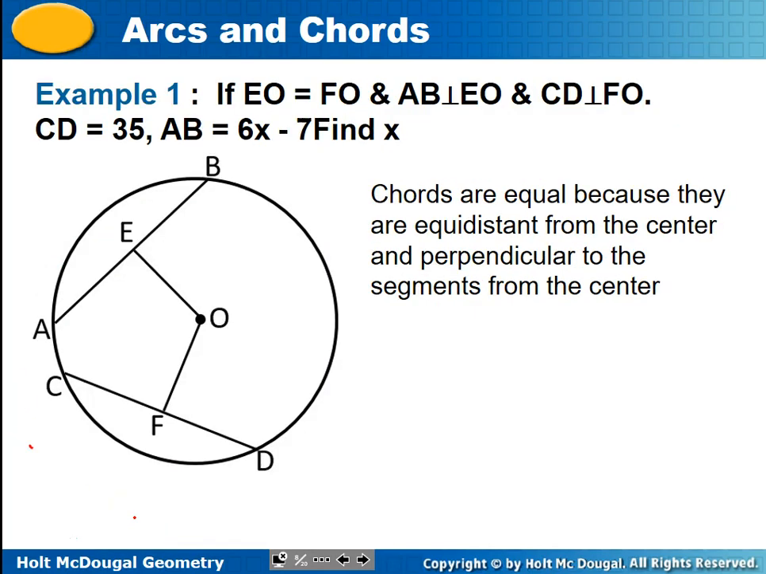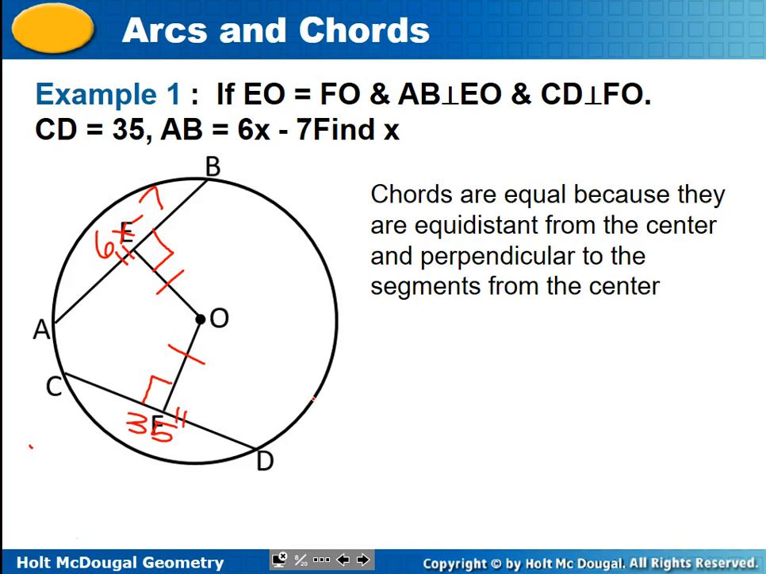So now we're going to work through this problem. Example 1. If EO is equal to FO, so that means I can put some tick marks on those, and AB is perpendicular to EO, that would mean a right angle symbol there, and CD is perpendicular to FO, put a right angle symbol there. And then let's keep labeling. It says CD is 35 and AB is 6x minus 7. Now what we know, because they are equidistant, which is what those tick marks on EO and FO tell us, and right angles from there, we then can say that these two